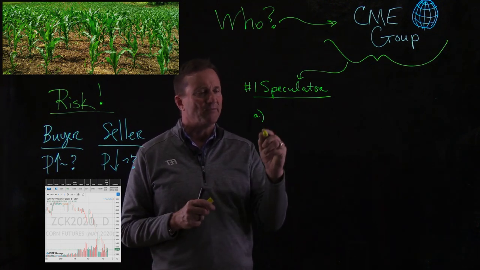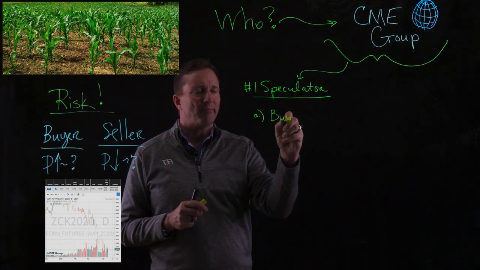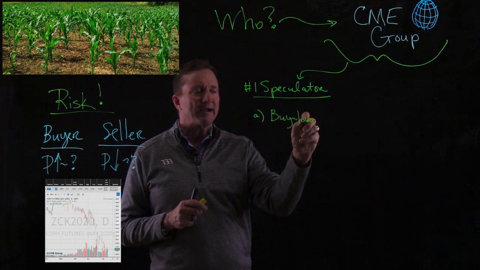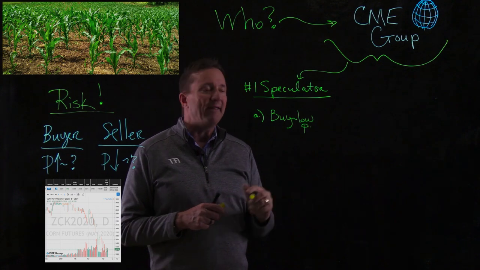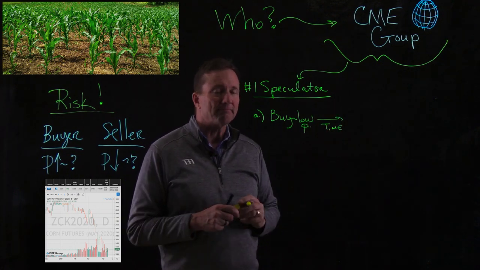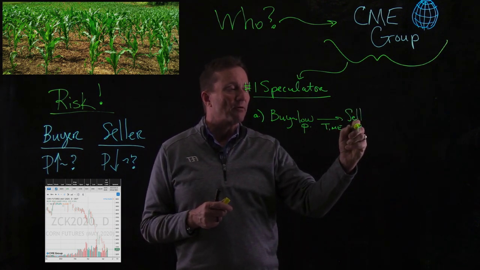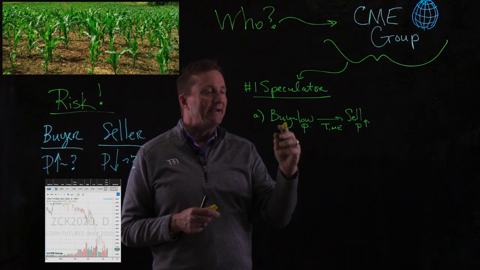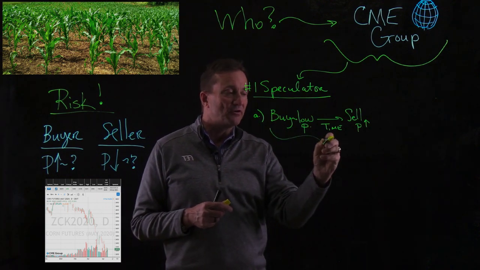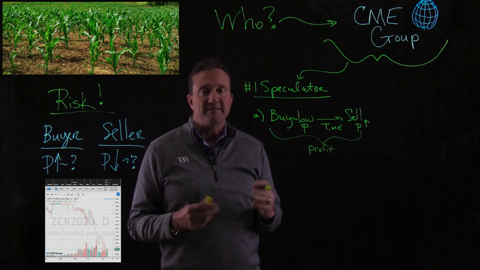Again, write this down with me. They make money by finding an opportunity to buy when the price is low. And then they're going to wait over some time period, right? And then later on, they'll get a chance. They'll sell when the price goes back up. And this for them creates, you can write a little bracket here, profit.